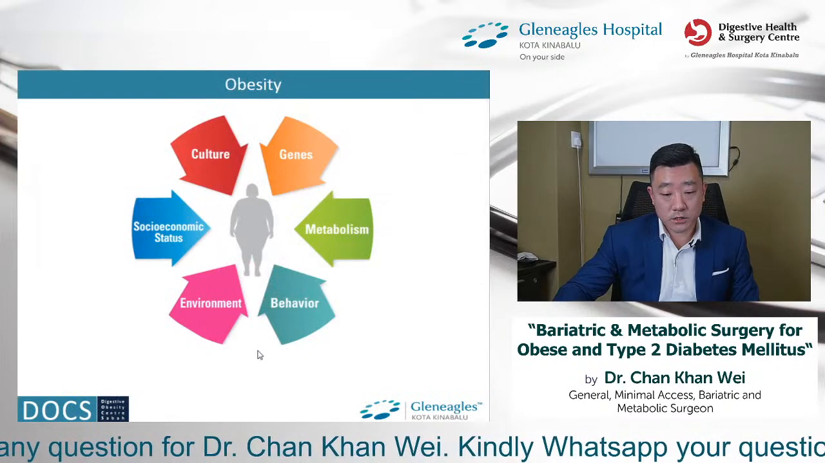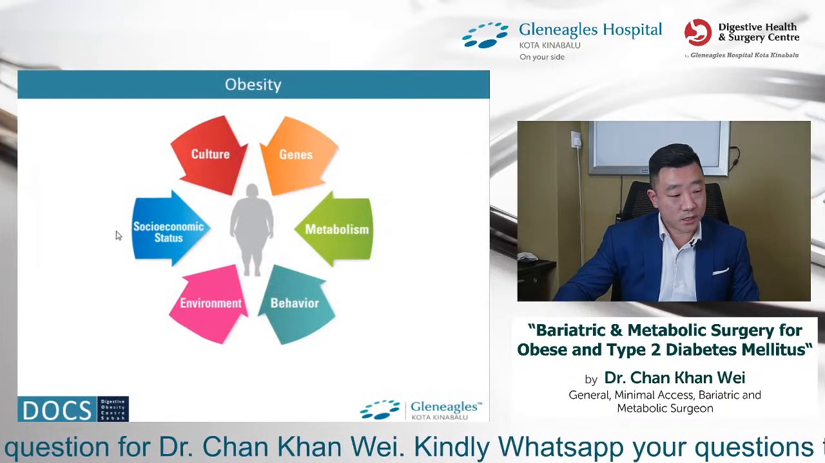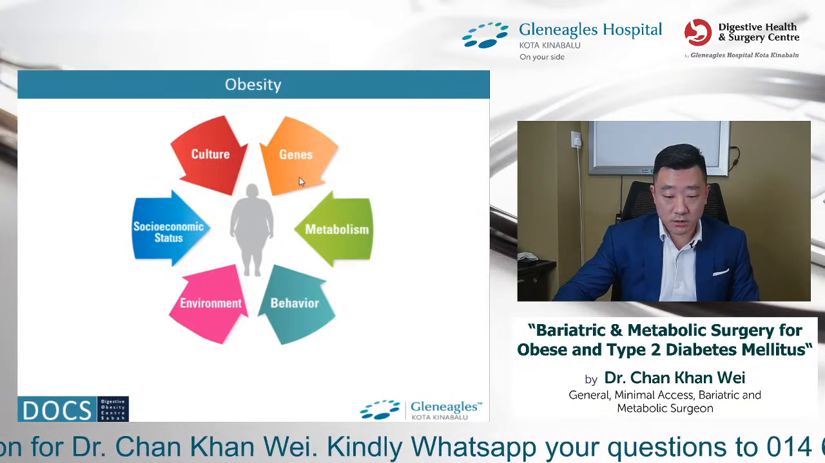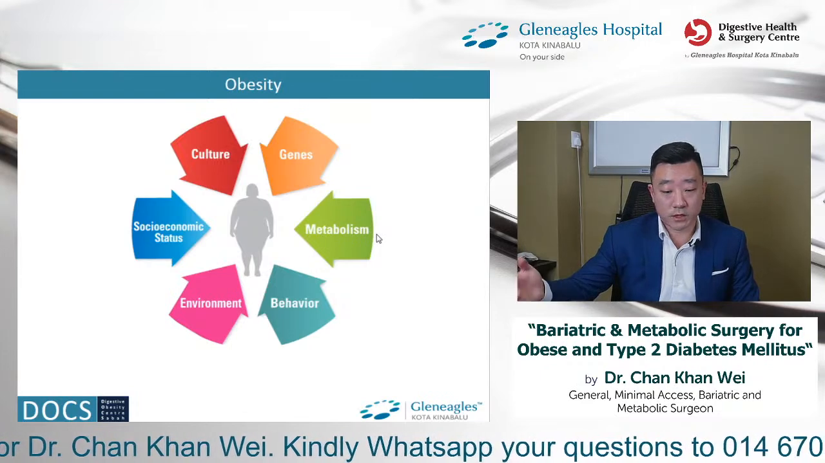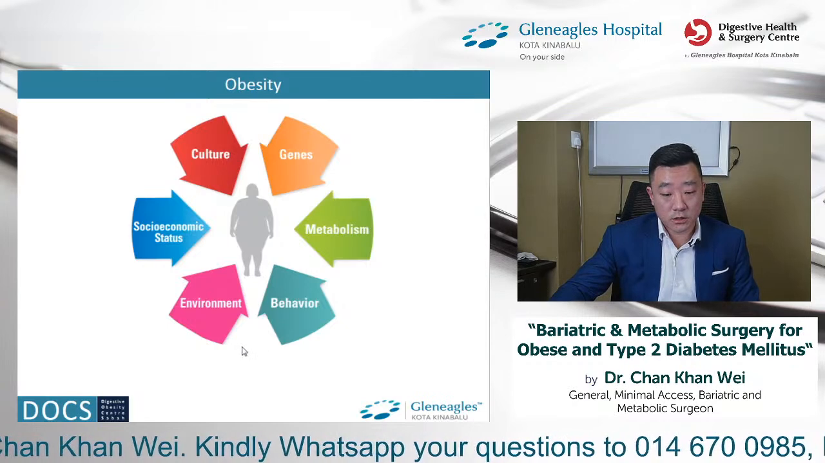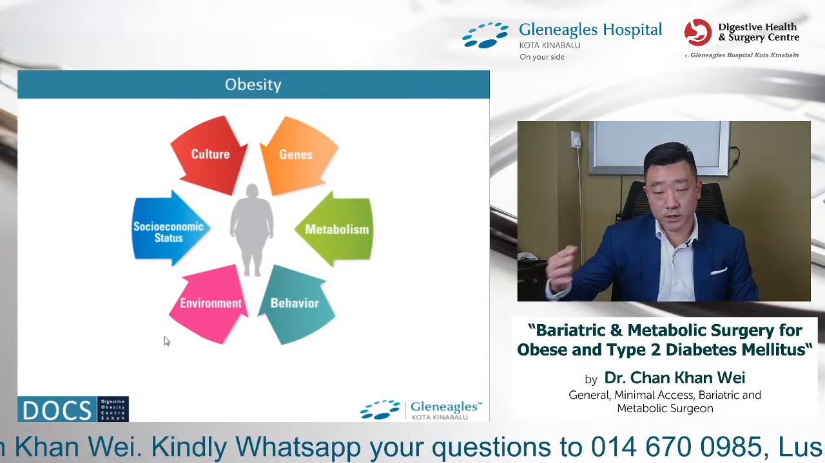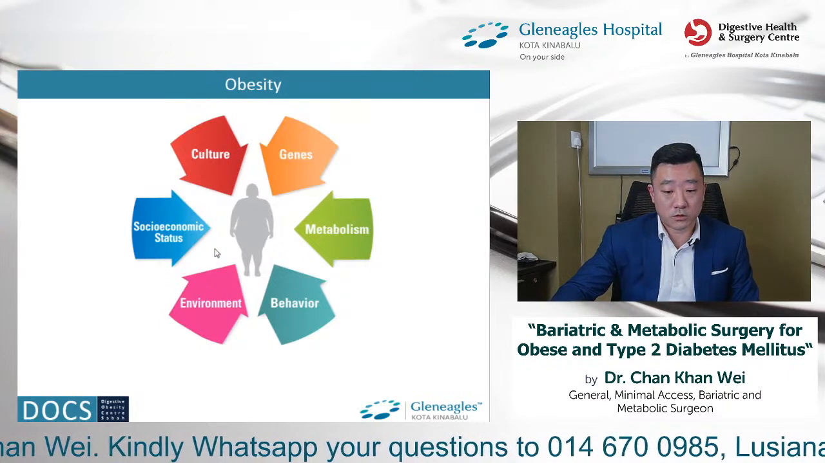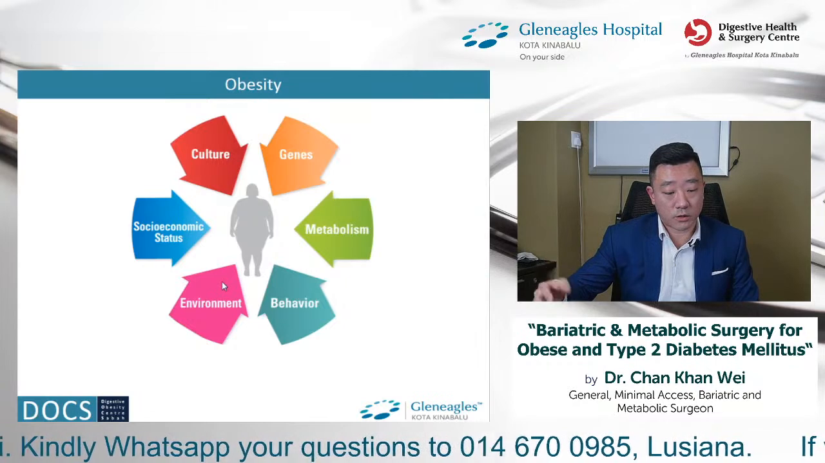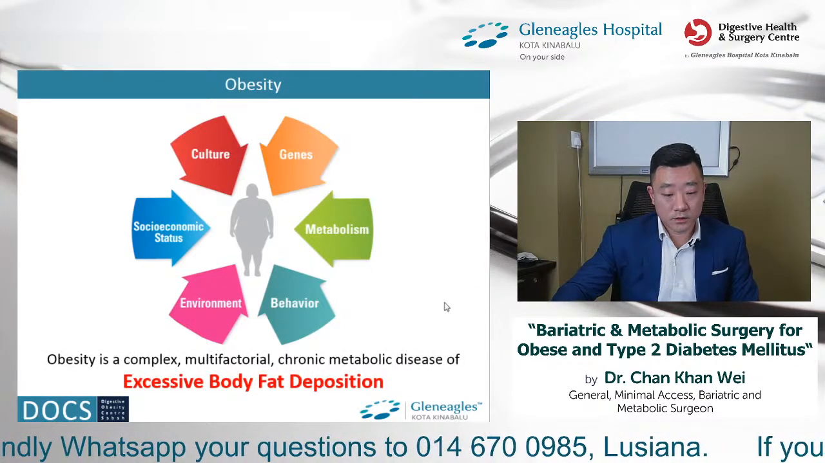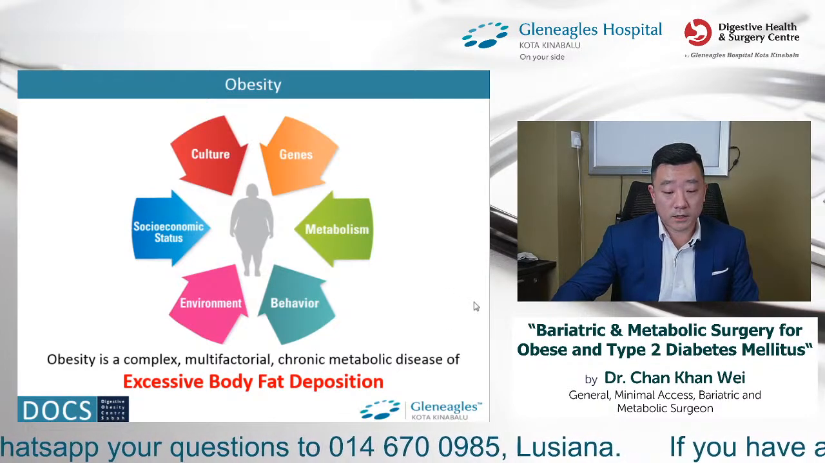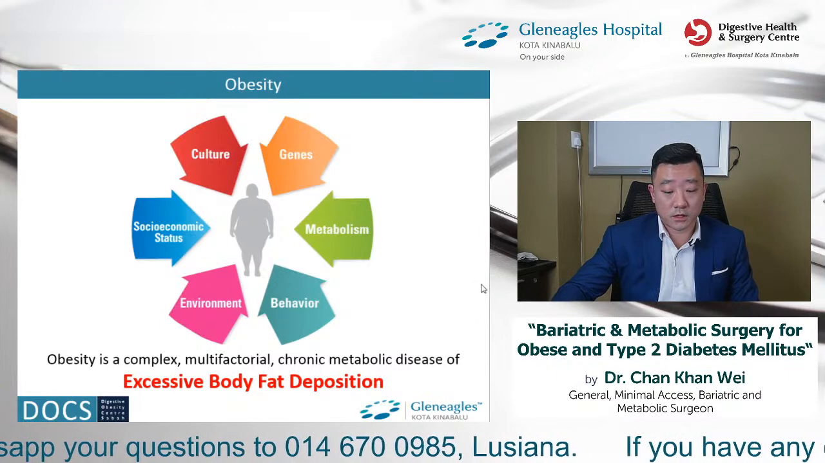So obesity itself is actually a very complex disorder, you might say, altogether. It may involve genetics and even metabolism with age, behavior of eating. It could be psychologically induced, and the environment that we are in, whether it's our friends or family, or the culture that we have, who reward ourselves with eating, and also the socio-economic status, what type of food that we spend on. So obesity is a complex, multifactorial and chronic metabolic disease of excessive body fat deposition, and it's mainly